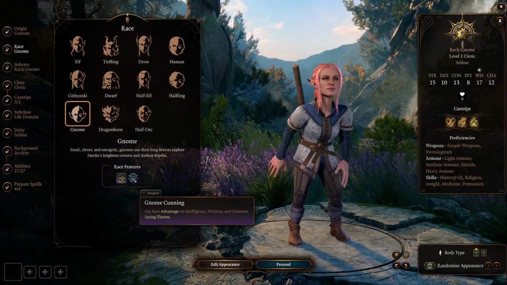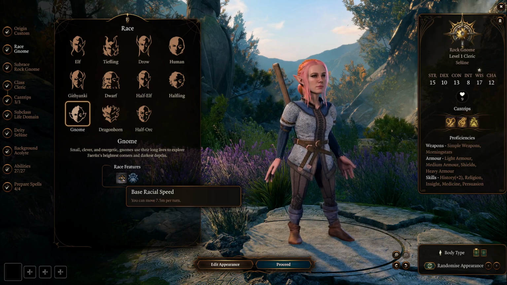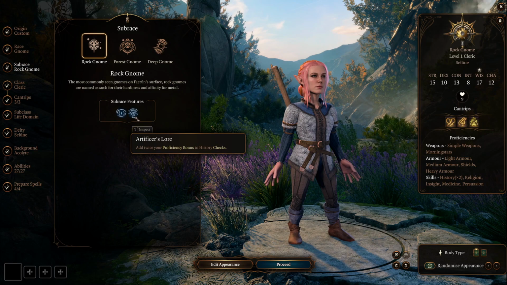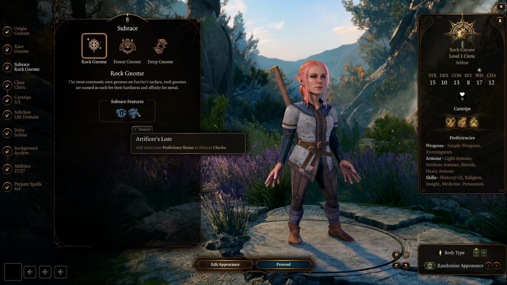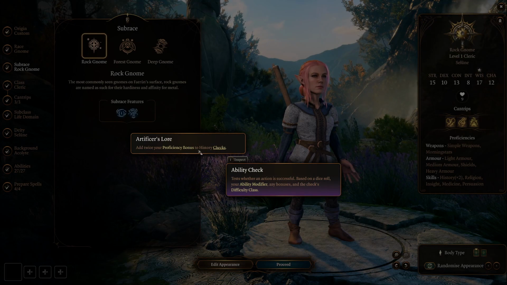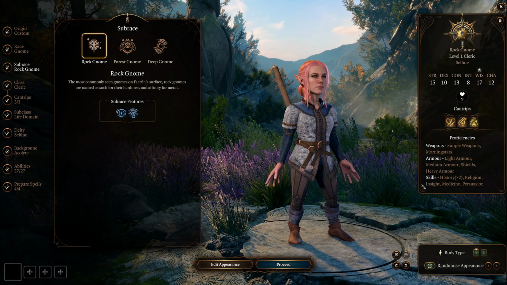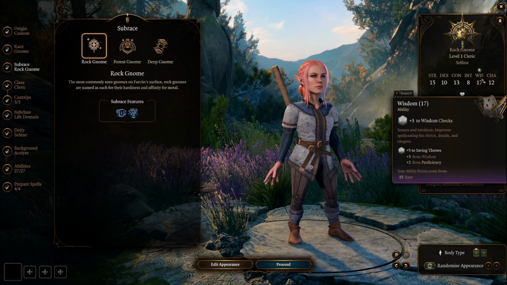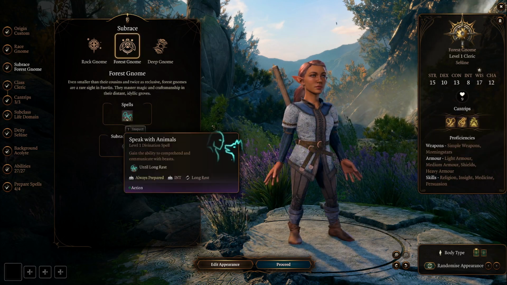Intelligence, wisdom, and charisma saving throws. That might not be bad. History checks. History is an intelligence. Okay. Well, clerics are wisdom, so that's not really going to help us out.